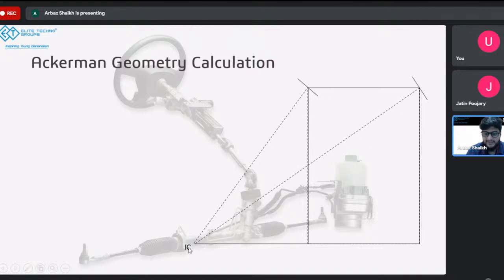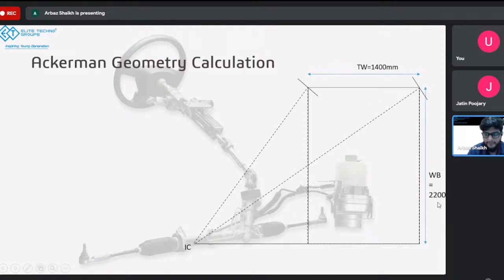So imagine this to be the rear axle. If this is the rear axle and these two are the front wheels, you'll have track width. The distance between the two center points of the two wheels is going to be the track width. So that track width is 1400 mm. Let's assume it to be 1400 mm. Next, the wheelbase, which is the distance between the front wheel center and the rear wheel center, that is going to